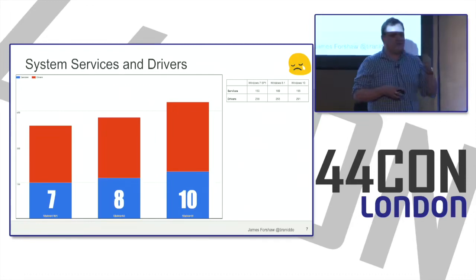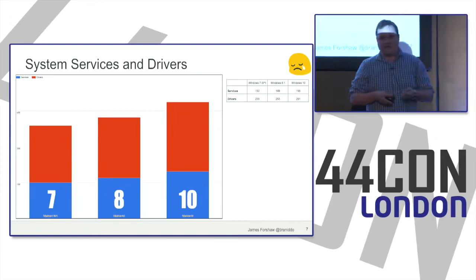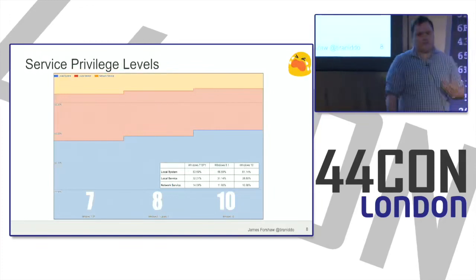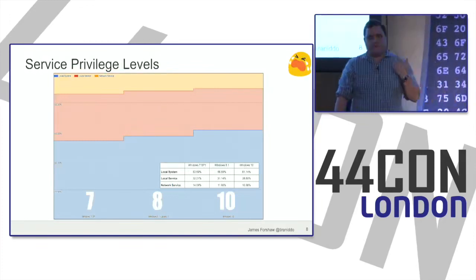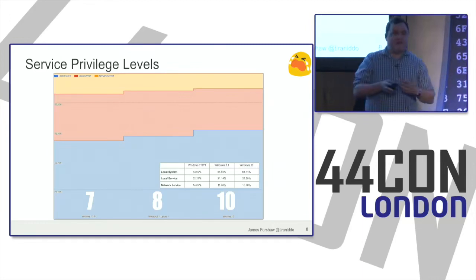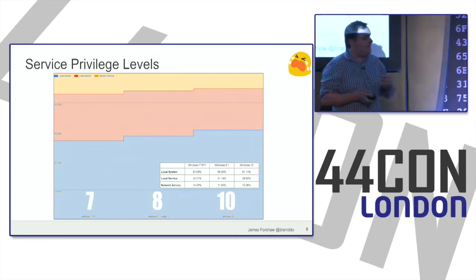Another useful metric you perhaps want to find out is, just because I can break into a system service, what sort of privilege would I get? Would I actually compromise the entire system doing so? Or would I only get a relatively low-level permission? So this is my next diagram, and this basically charts the privilege levels of these system services. Because obviously a driver has kernel privileges. It's already God, so you don't need to measure that. But these are the services.